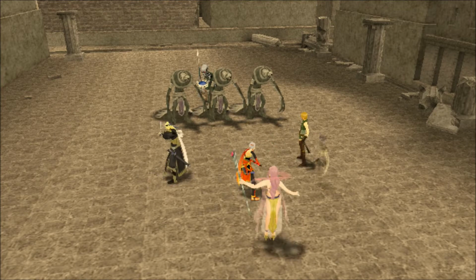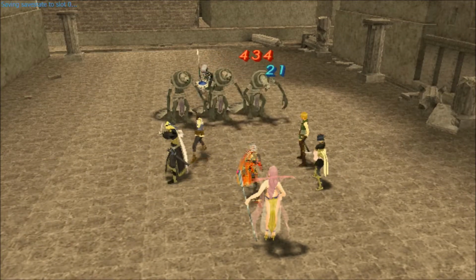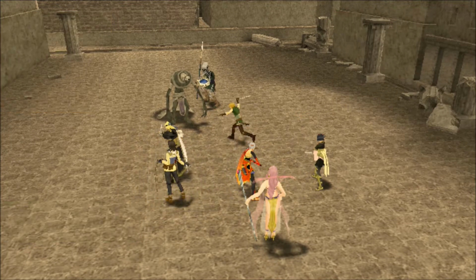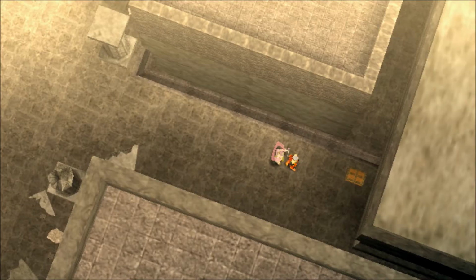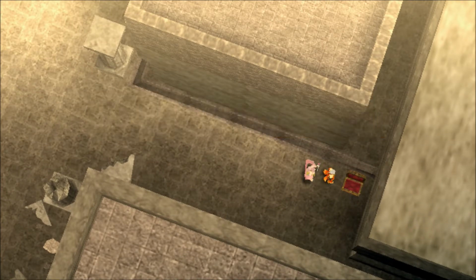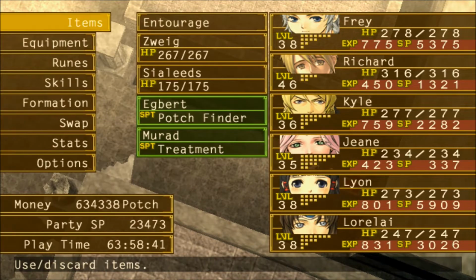If you're really paying attention, we'll look at all these mummies. Well, we should be able to get something to drop, I would think, from this many. Oh man, 2.4. Oh, there it is, magic absorb piece. Good deal. So yeah, we'll definitely need a couple more of those devil beads. I feel like, is that like a bath item? Ugh, so lame. Yeah. All right. Well,